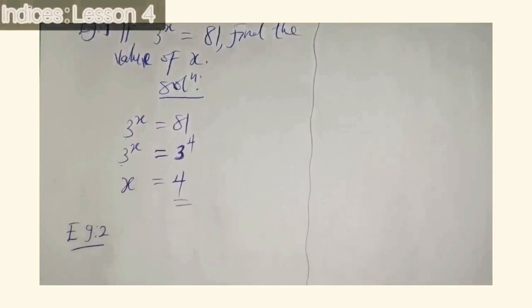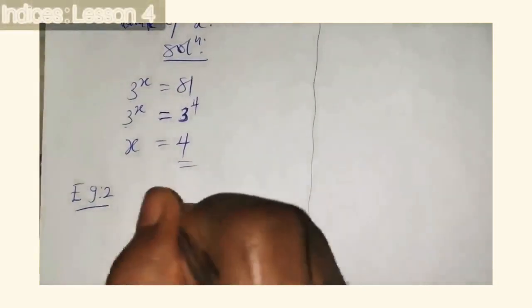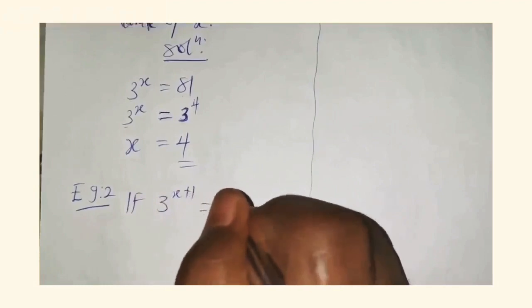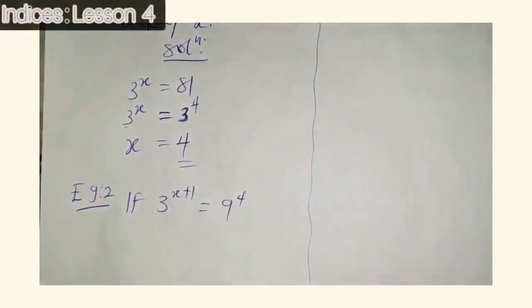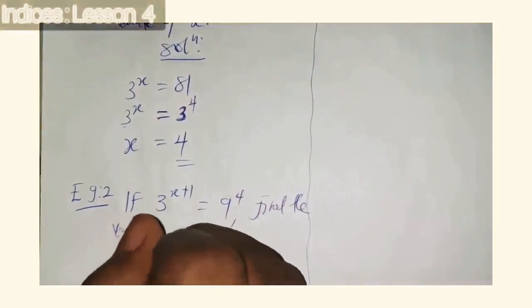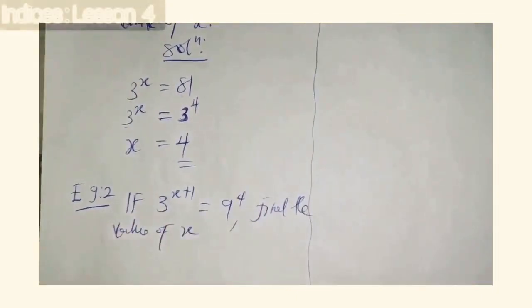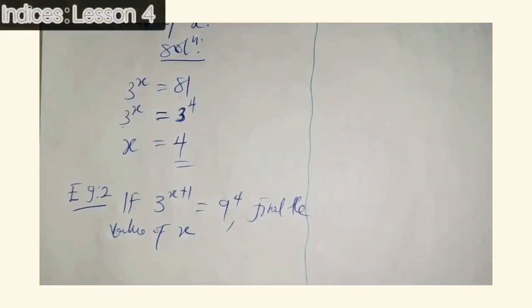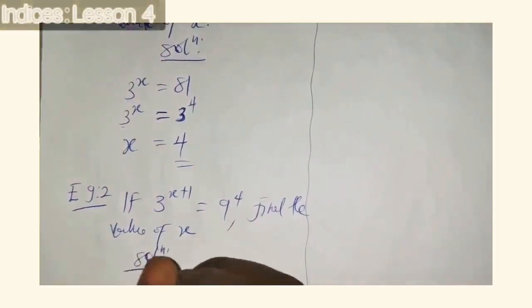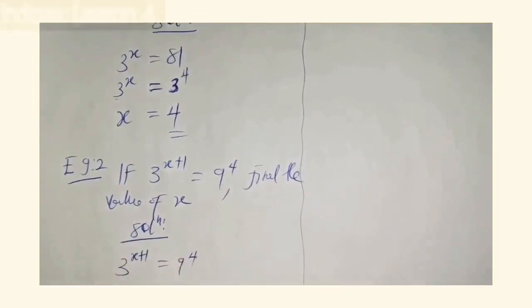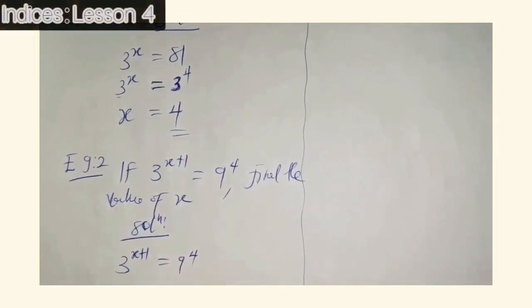Example 2. The same preamble. If I have 3 raised to the power x plus 1 and it's equal to 9 raised to the power 4, then I'm asked to find the value of x. All I'll be doing here is ensuring that each base is the least base so that I can easily equate my exponents. So it becomes 3 raised to the power x plus 1 is equal to 9 raised to the power 4. Since the least base is 3, I can say 3 raised to the power x plus 1